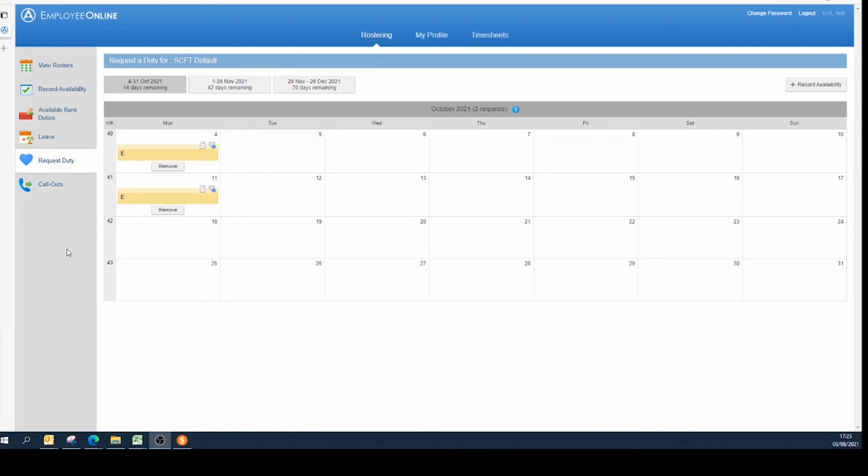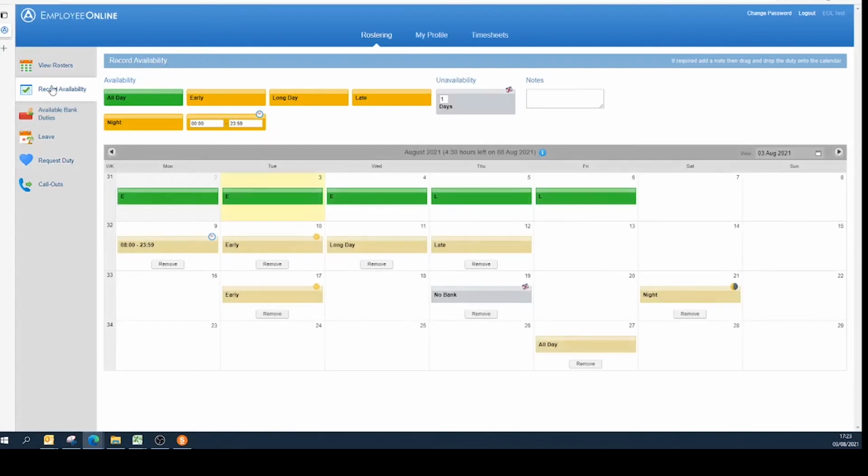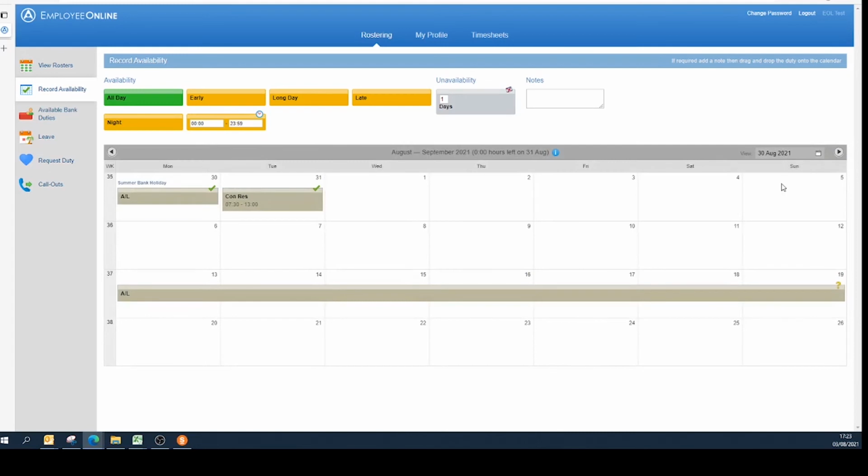Record availability is used by bank workers to inform staff direct when they're available to work. This aims to reduce email and SMS text traffic by allowing staff direct to primarily contact staff who are available to work. If you work on the bank and wish to inform staff direct when you are able to pick up shifts,